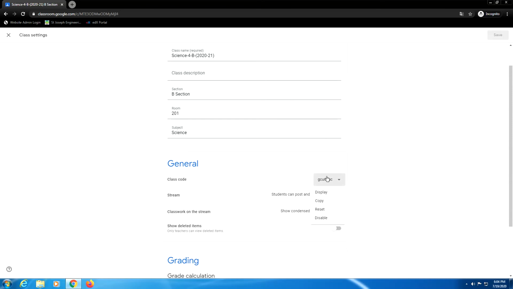Okay, so the thing which we have to remember is, when I share a class code, anybody who is having a Gmail account will be able to join my class as a student. So there are some issues which are related to that. For example, I share this class code by using WhatsApp or any other means to my students. If anybody else who comes across this particular classroom who is not a part of my class or who is not my student, will be able to access this. So that is one particular limitation.